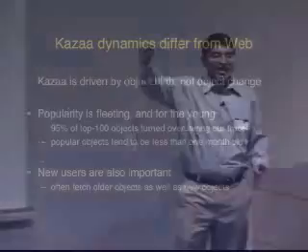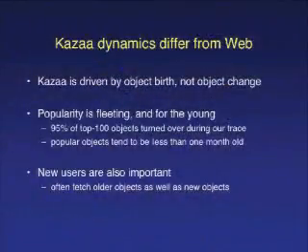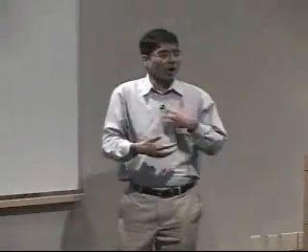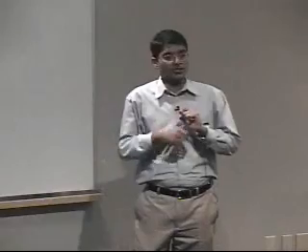Now, this might be able to explain why we notice such a flat head in the request distributions. Now, it turns out that this fetch at most once behavior actually causes many other interesting object and user popularity dynamics. For example, in Kazaa, an object's popularity is very short-lived, and most of the popular objects tend to be very young. Now, to understand this, let me once again take the analogy of movies.